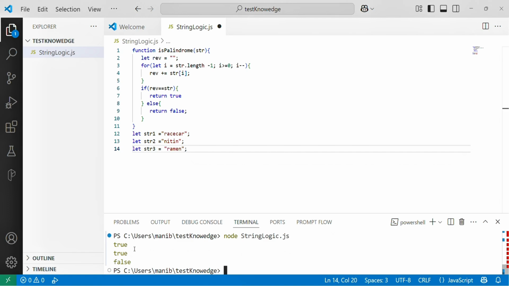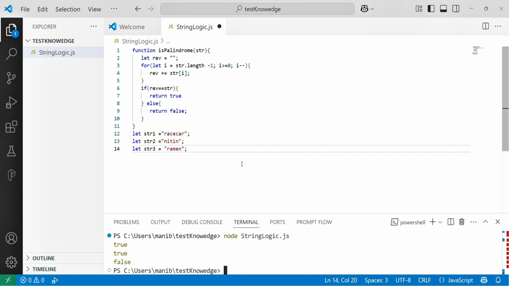Let's see, it came true for string 1, so that means racecar is the same if you take the string backward. Nitin also comes true, and Ramesh will not come the same, so that is false.